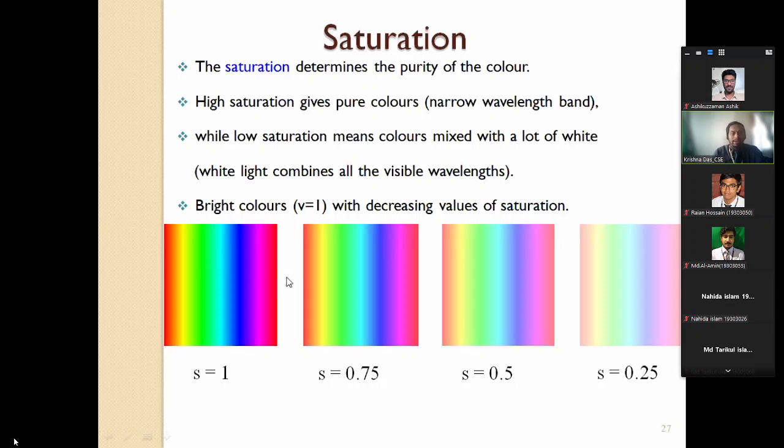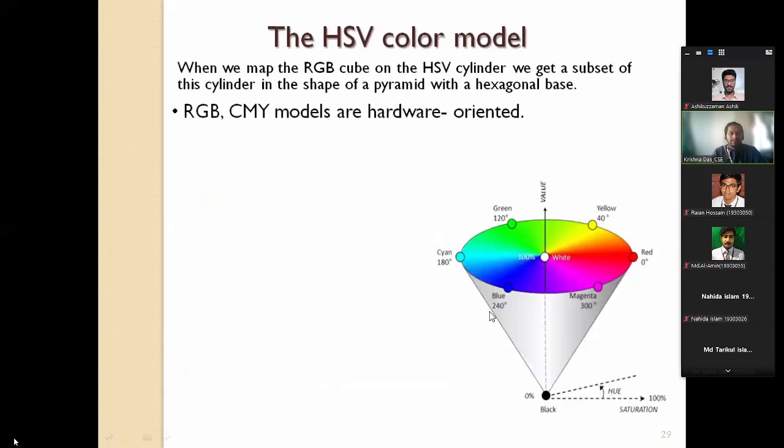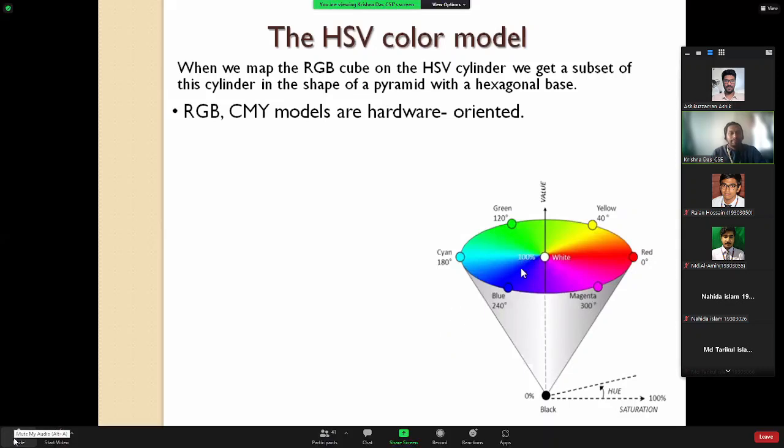If you are at one point and you are coming to the center, moving towards the center, your saturation now becomes only 0.25. Then you can see lots of white, and when your saturation value is 0, then you can see only what? It's completely white, right? That means you are in the center.